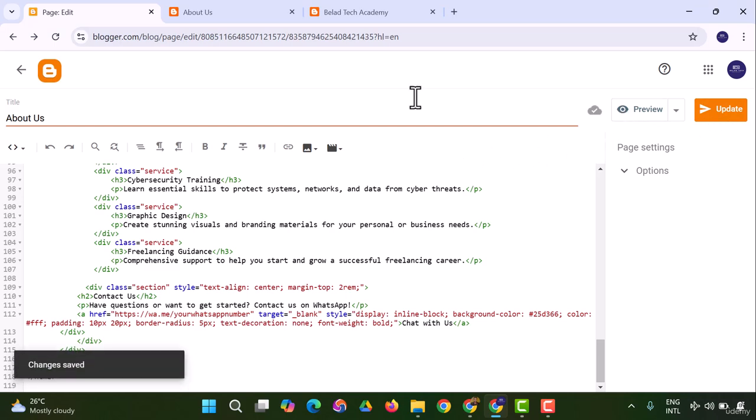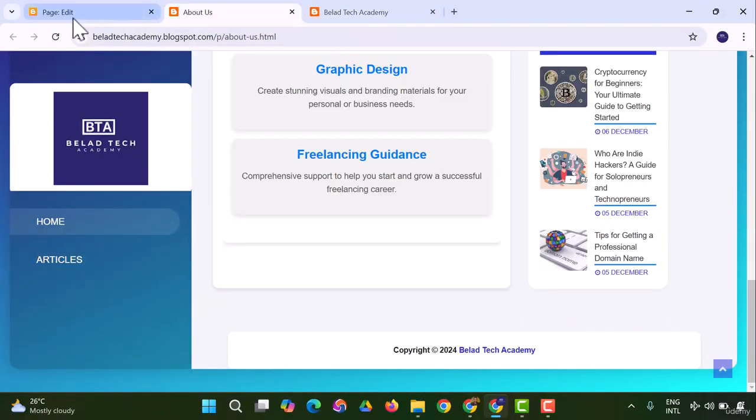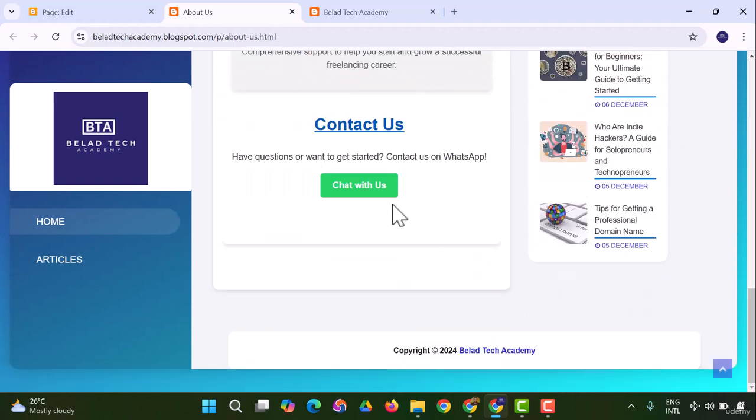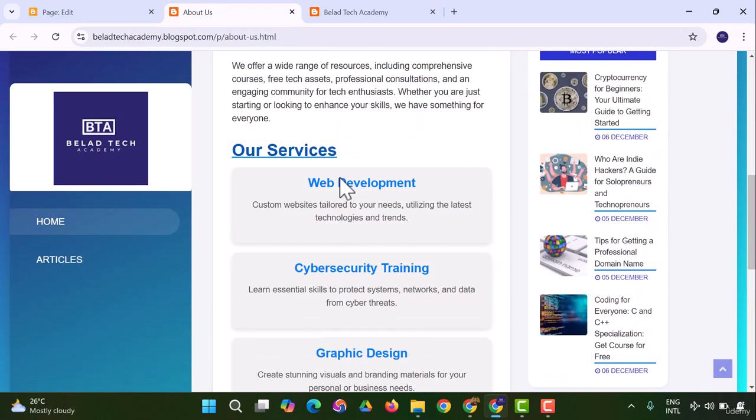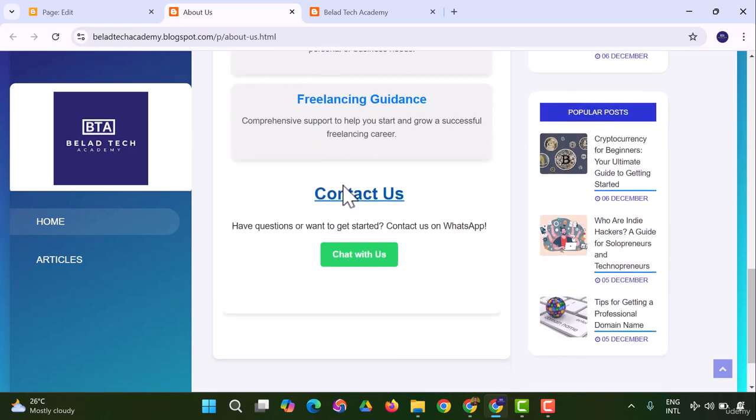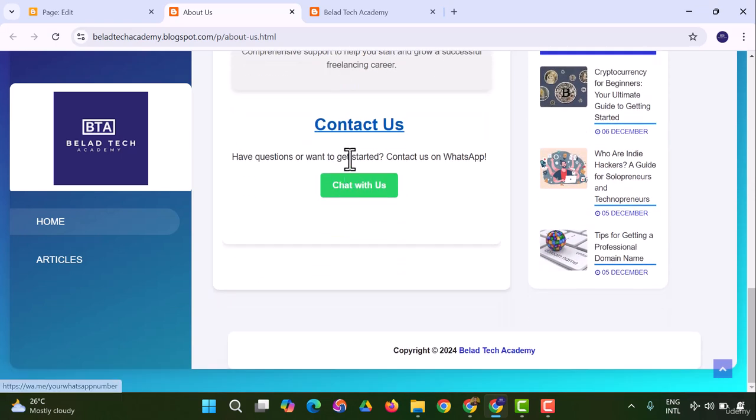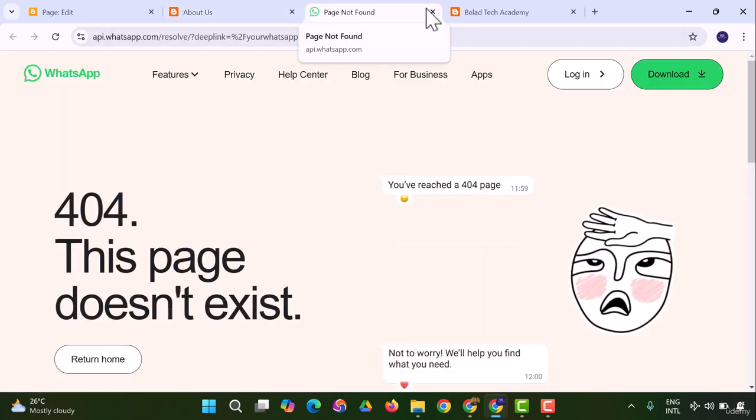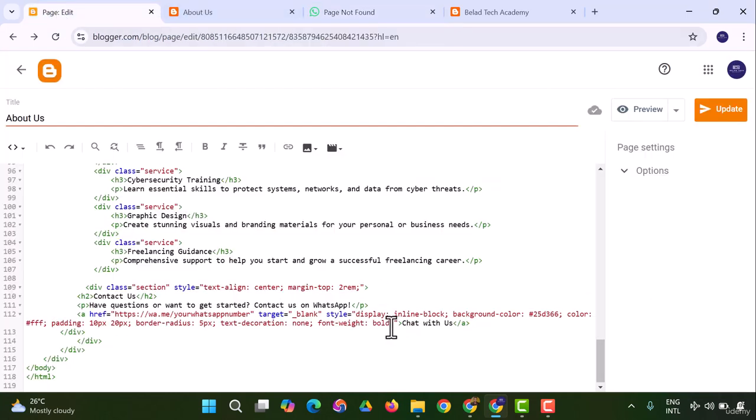So let's see what the update looks like. Let me refresh the About Us page and see what that would look like. Here we have a perfect chat with us, and the About Us page is looking so great. I love this for this blog. Here we have the chat with us, and you could easily click on it and it takes you to WhatsApp, but the page is not found. So how do you link that? Coming back to the page, you will see